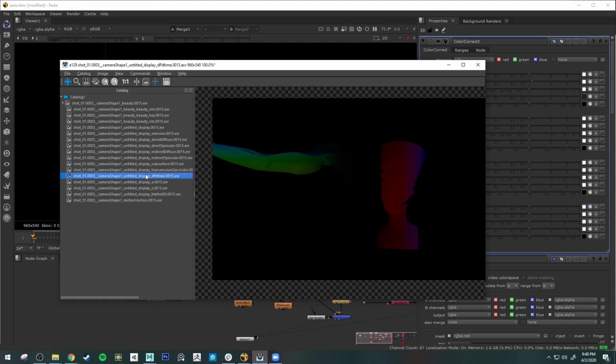This is called a vector motion blur pass, or 2D vector motion blur pass. It's just a flat image that is telling us through colors, or through vectors, which direction and how fast those parts of my scene are going. So just like with the normals pass,